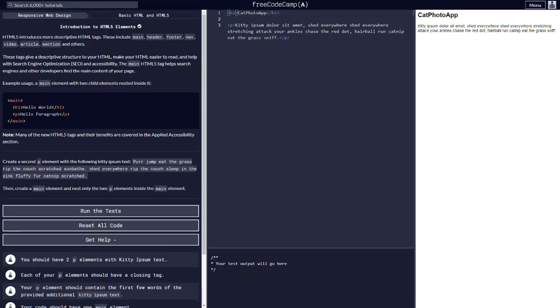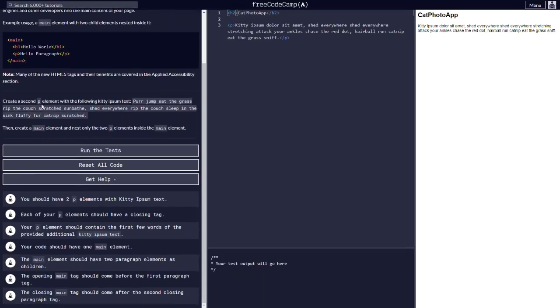specification of the HTML scripting language. So we're just going to follow the instruction here. Create a second P element with the following kitty ipsum text. We're just going to copy it. It is asking for another P tag, so we're just going to paste it and close the P tag, and then create a main element. So here you go, main,